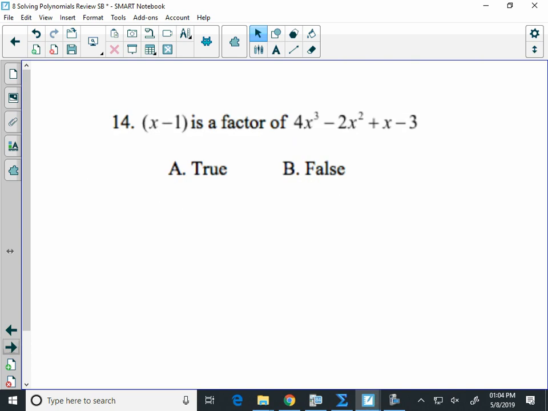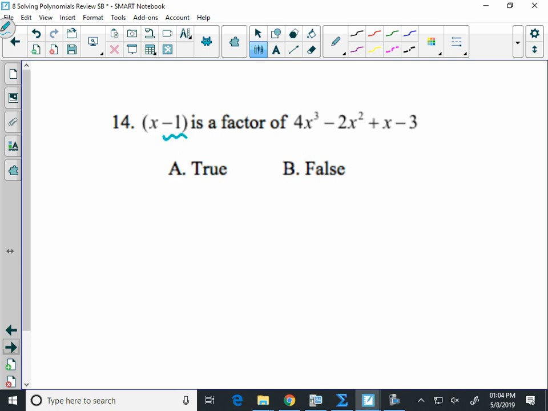We take a look at 14. It says, is x minus 1 a factor of 4x cubed minus 2x squared plus x minus 3? And so again, there's multiple ways you can go about solving this one, but I think the quickest and easiest way is just using synthetic division. Because if synthetic division works, if we get a remainder of 0, then it is a factor. But if we get a remainder that's not 0, then it's not a factor. So when you use synthetic division,